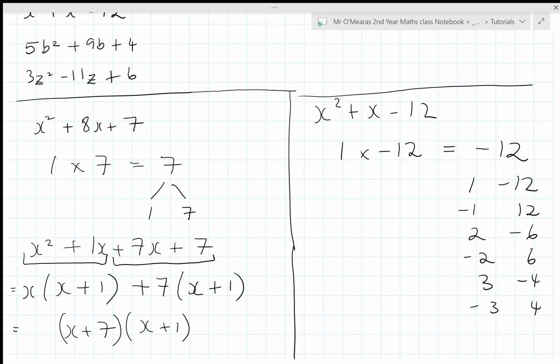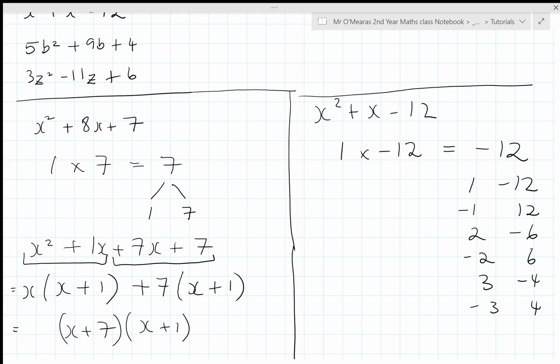So rather than the previous question where we just had one option, we had to pick that one. Now we have to go through each in the list and say, okay, which one of these works in this situation? We have 6 factor pairs, and what determines which one we pick is the number in the middle. We've got a plus x, which if you look back at x squared plus x minus 12, basically means plus 1x. So what we're actually trying to do is find which of these pairs of factors, when you add them together, not multiply them,